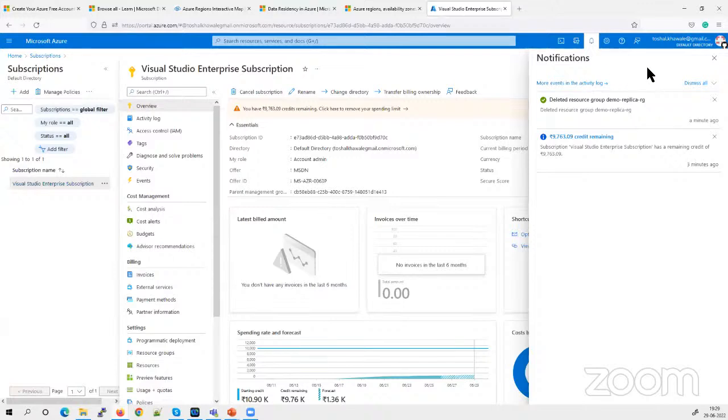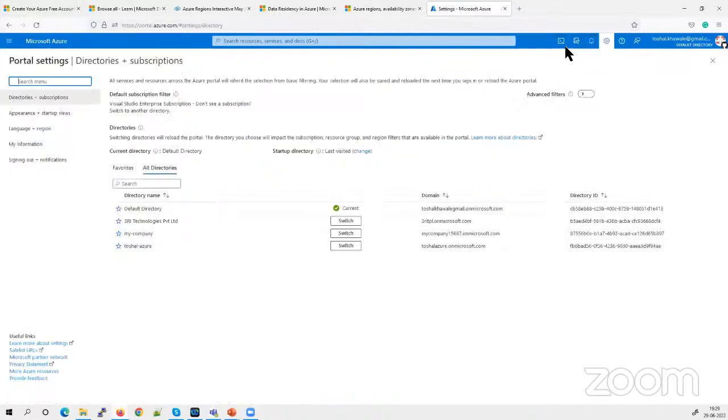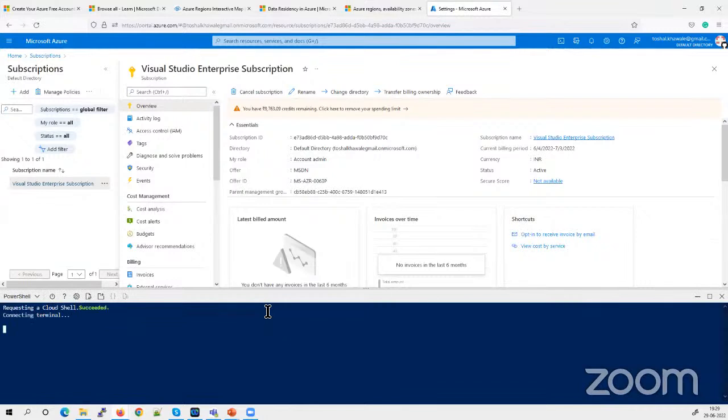Whatever you are doing within your Azure environment, you will get notifications of all the things within this bell icon. For example, I have just deleted one of the resources, so you can see this resource is showing here, and the actual credit I have in my account. Then you will see the various directories by using this, and the other option which is called Cloud Shell, which is nothing but a CLI option